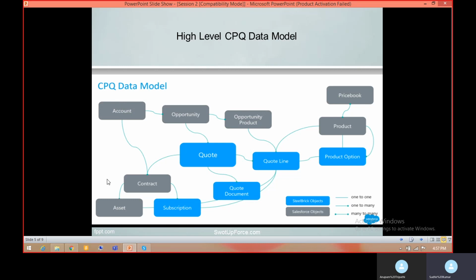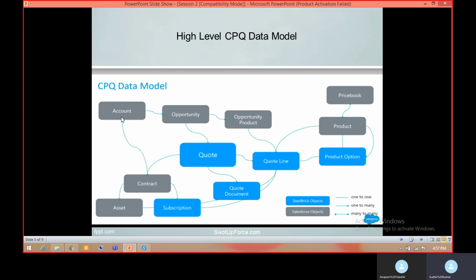This is a high level. Why is it a high level CPQ data model? Since under quote we have multiple different objects available which are not shown over here.